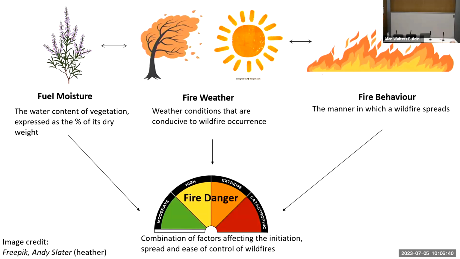So fire weather, the weather conditions that are conducive to wildfires occurring, and fuel moisture, the water content of vegetation or how dry the fuels are. This is a really simplified representation of quite a complicated system, but these groups of factors interact with each other and are important for quantifying wildfire danger, which can then be communicated through wildfire danger rating assessments, most commonly like these watermelon segments you can see here,